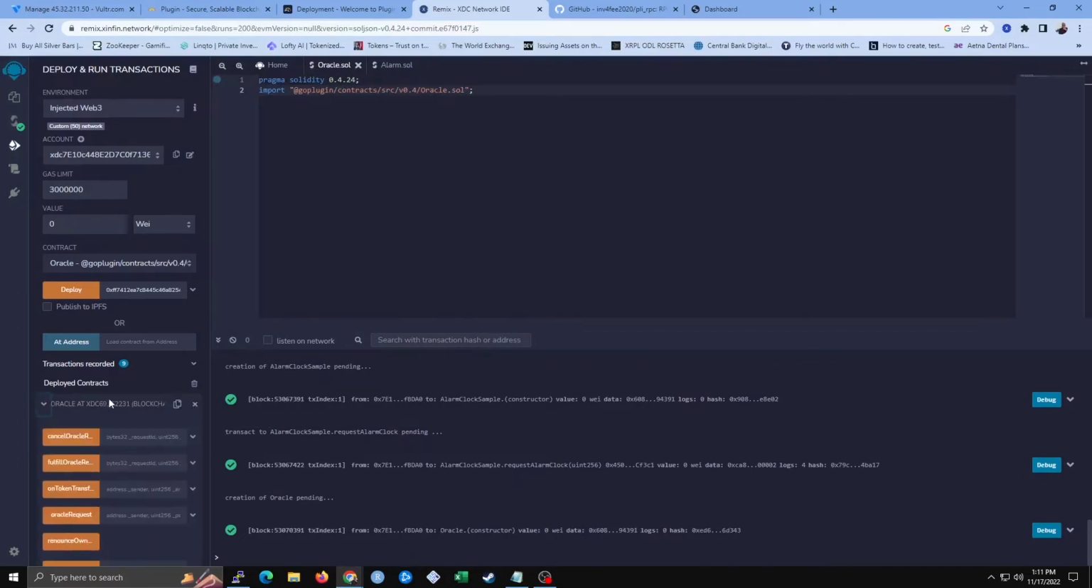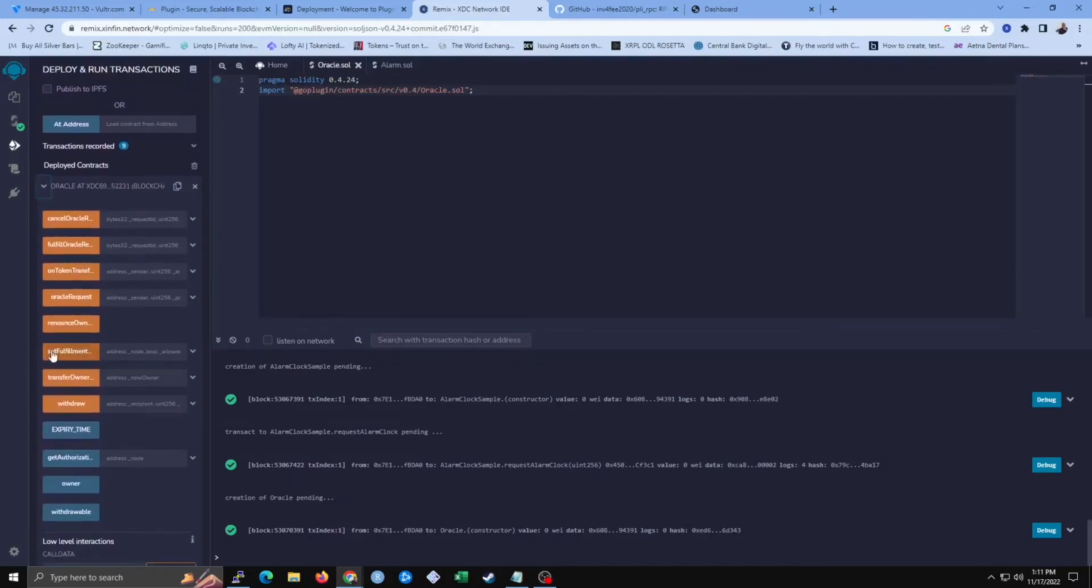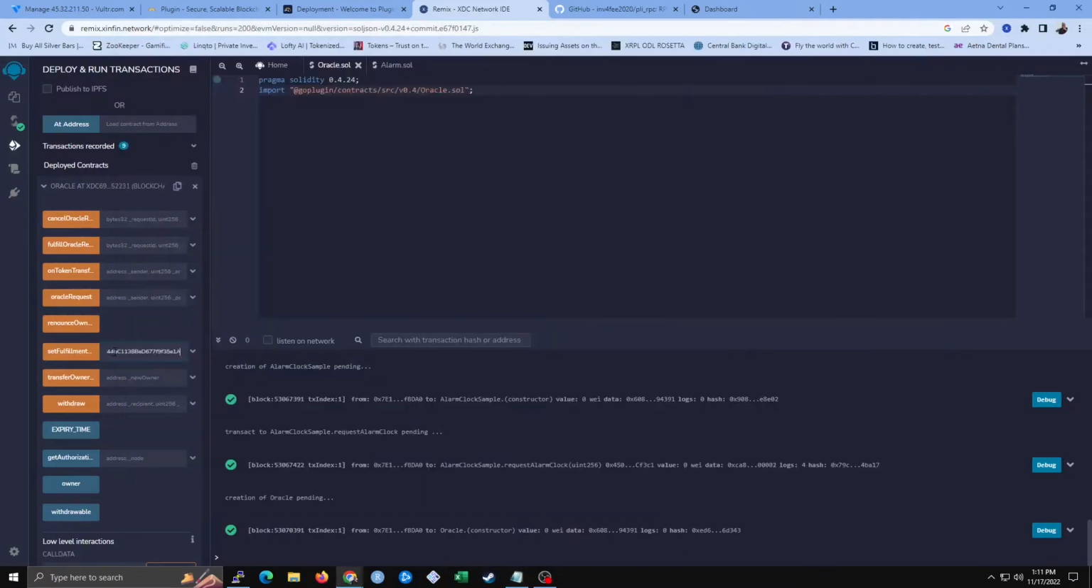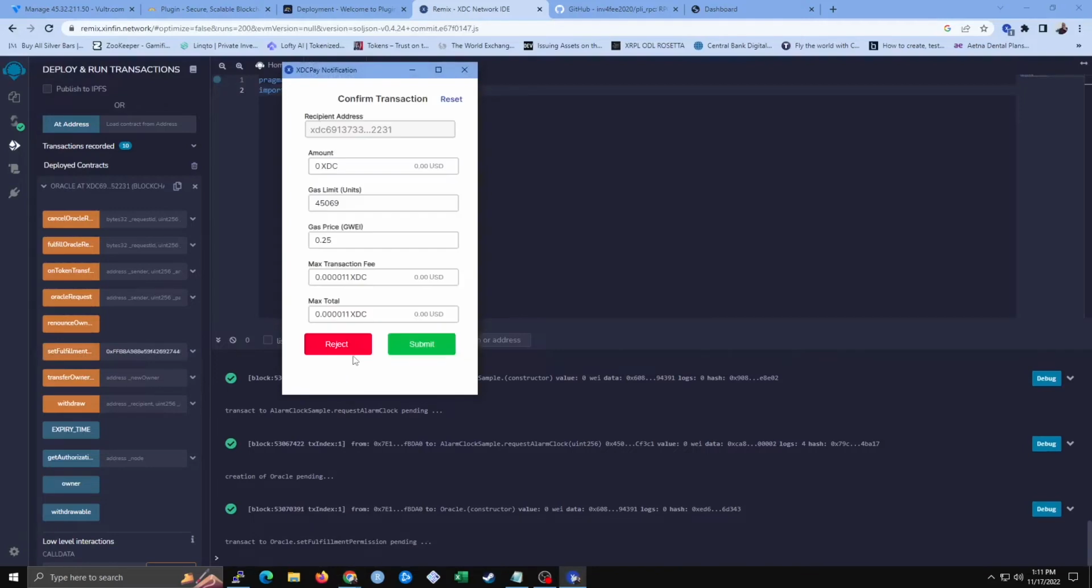click on the arrow and scroll down, go to Set Fulfillment. We need to copy the node regular address. So we're going to go to our notepad, copy, we're going to paste, and then type comma, and then true, all lowercase. Click on Set Fulfillment, click Submit,